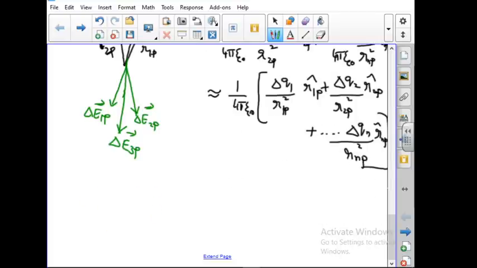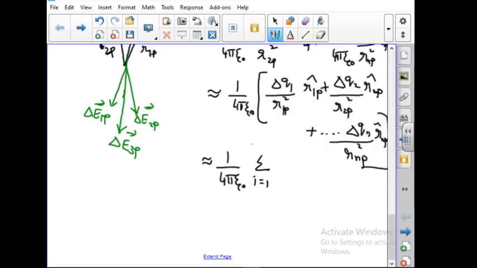This is the general expression for the resultant electric field due to an infinite number of charges, that is for continuous charge distribution. Or we can simplify this equation still more, that is 1 by 4 pi epsilon naught sigma